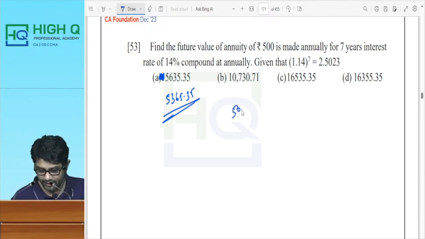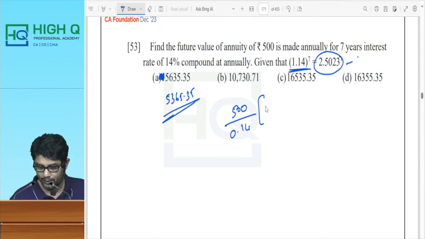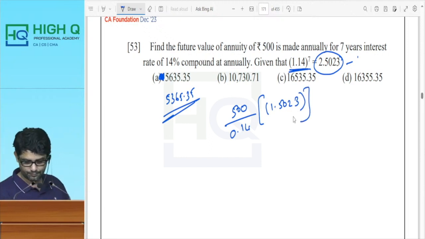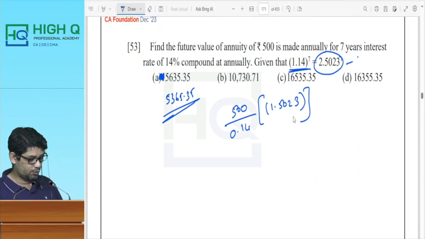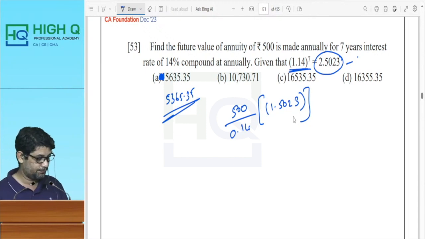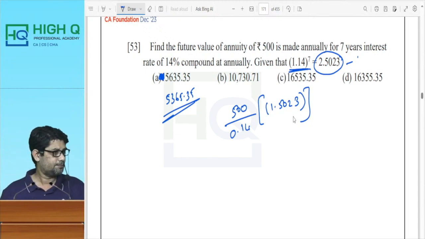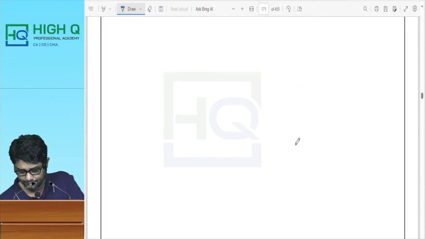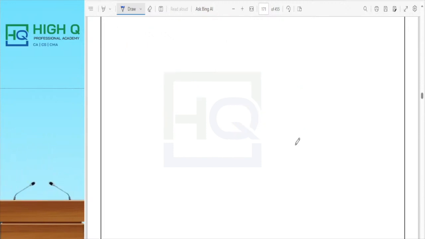See, what is it? A by i, 500 divided by 0.14. This value is given, 2.5023 minus 1. You need to multiply by what? 1.5023. 1.5023 into 500 divided by 0.14, 5365. That's it. Yeah, there is a printing mistake, my dear. Actually, I corrected all the mistakes, but